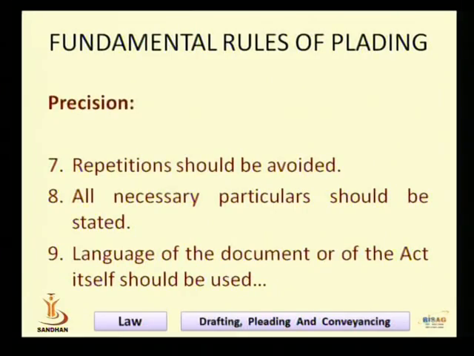Dear friend, all these are the four fundamental rules for pleadings. I hope I have tried to clear the concept of pleadings from the subject of drafting, pleading and conveyancing. These are the main or basic legal provisions as contained in the CPC, Civil Procedure Code, that I have tried to make clear before you. I hope I have successfully discussed